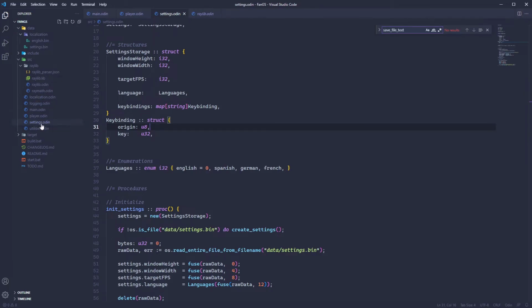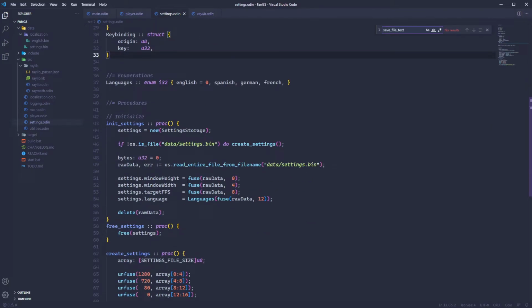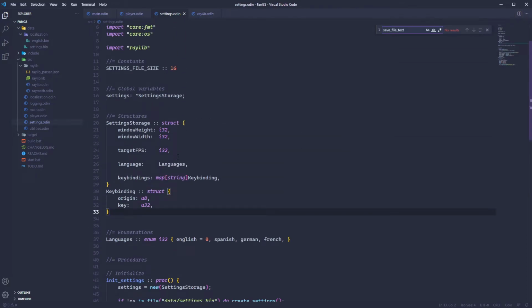And this will be a thing in the settings. So settings file size. Well, for now, so